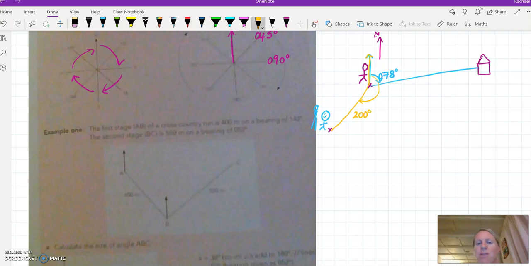Okay, so that would be the bearing that I would take to visit this wee friend here. So the bearing from me to my friend would be 200. All right, so we've got an example here where they have got a cross-country run, and the first stage,